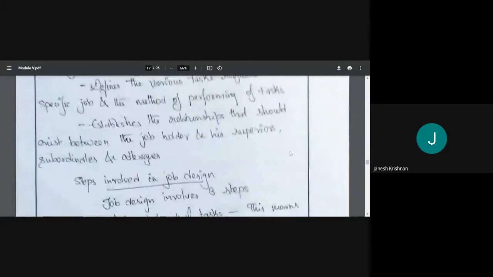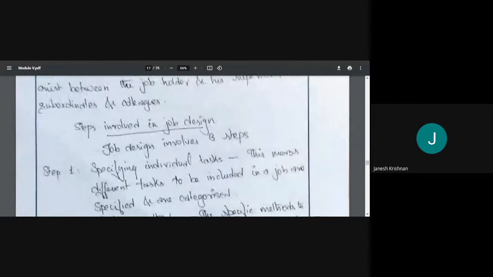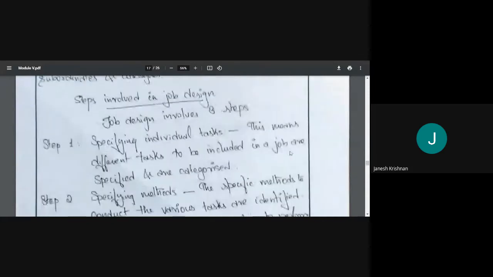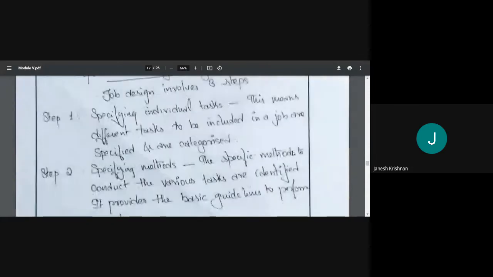Usually job design is done in 3 steps. Step 1 is specifying the individual tasks. I have to identify all the individual tasks, and after identification, I'll categorize them. The next step is to identify the methods available to perform the task. It will give me an idea of how the work has to be done. So specifying the methods becomes the second step. And the third step is